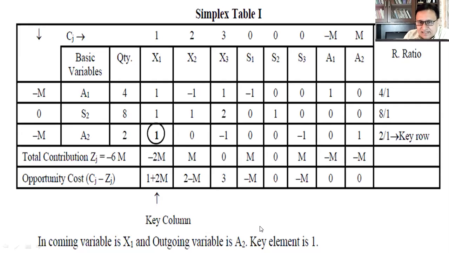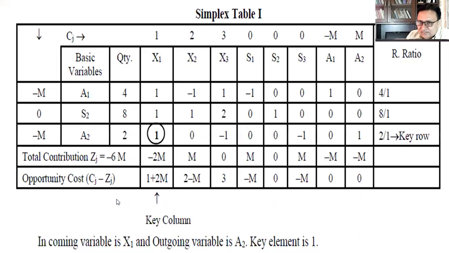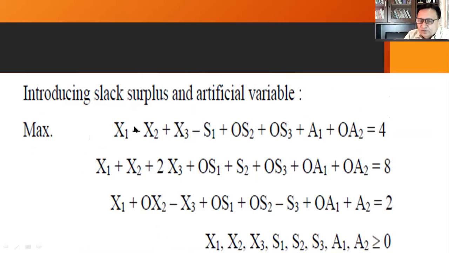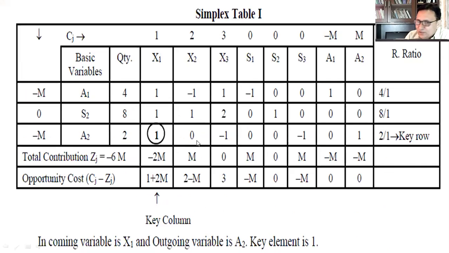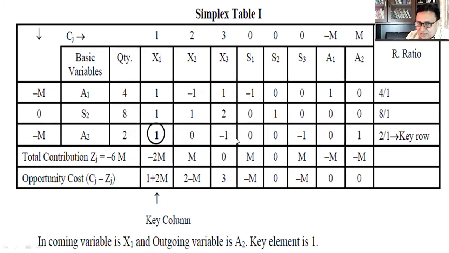So here we will write the constraint coefficients in the various variables. For example, x1 is there. So for x1, in the first constraint we have one coefficient, in the second constraint also one, in the third constraint also one. So here 1, 1 and 1 will be written. In x2 we have minus 1, then 1, and in the third we have 0. So minus 1, 1 and 0 will be written here. Similarly in x3, 1, 2 and minus 1 will be written.